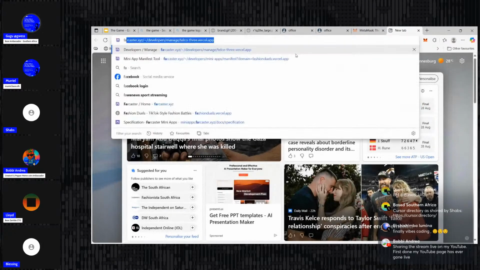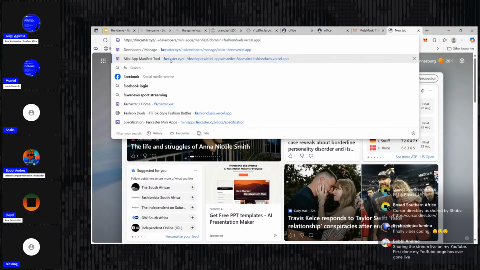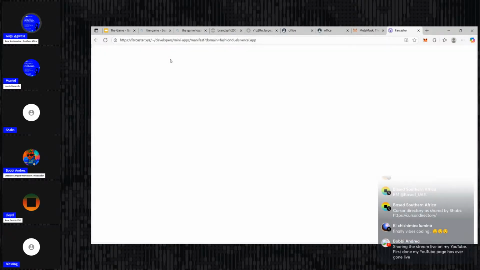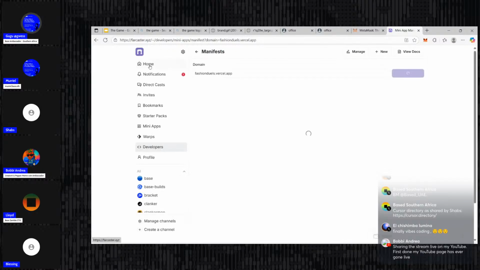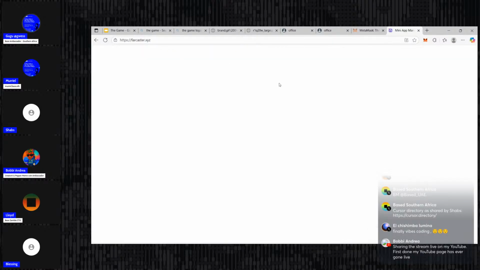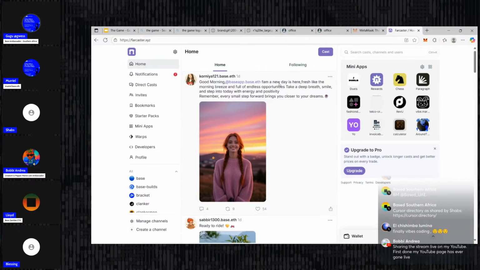So Farcaster is a social network, like we said previously. There we go. So Farcaster is a social network, guys. It's got chats like Twitter, but it's a platform. So it's for building mini apps. Like it's a social graph. So if you build any app, you can have your apps appear over here, right? In the app section of Farcaster, because it's already got the distribution, it's already got the network. And then if your apps are performing very well, then they appear in the base app.